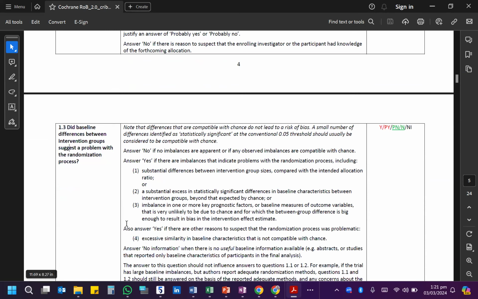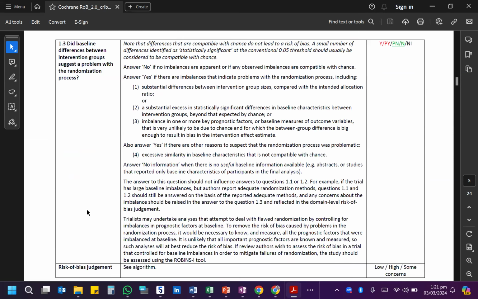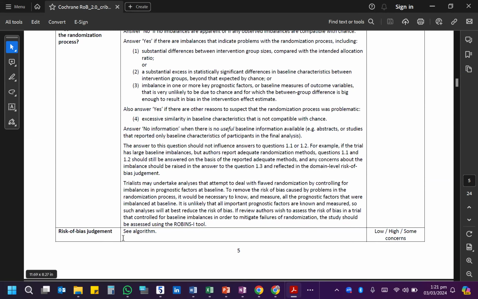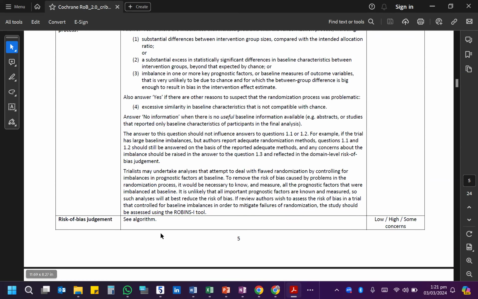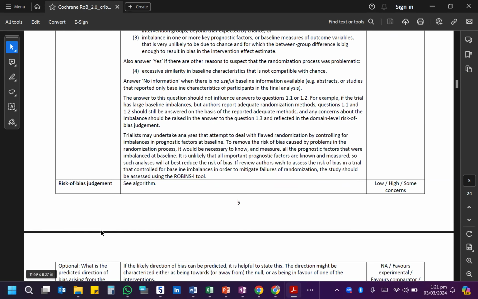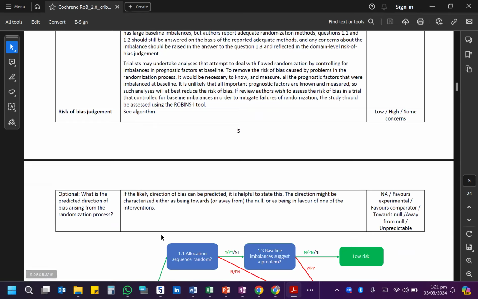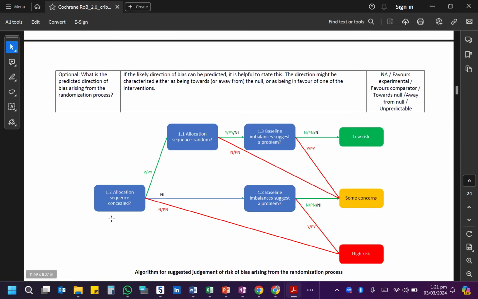So, was there generally a difference in the baseline of both the groups in the intervention? Similarly, you can also look at the risk of bias using this algorithm that they have given. So, what is high risk? What is some concern? What is low risk? So, how are they affiliated with all of these